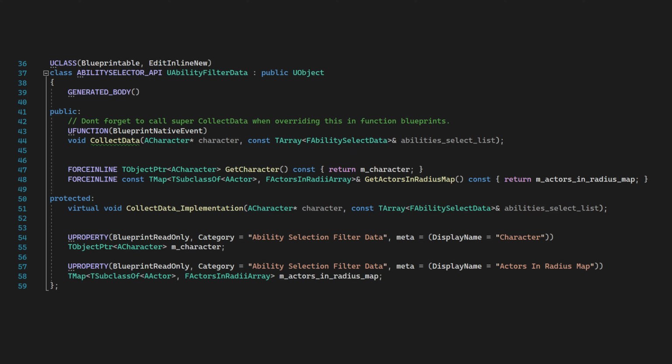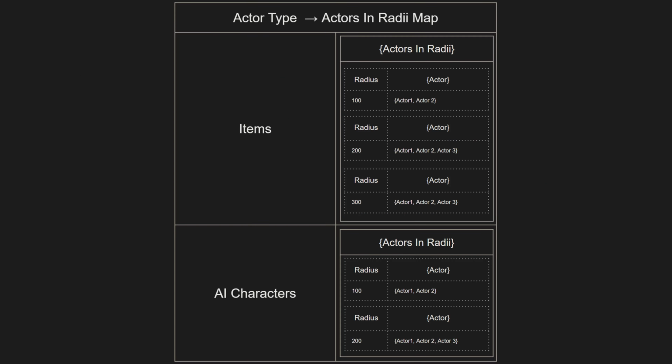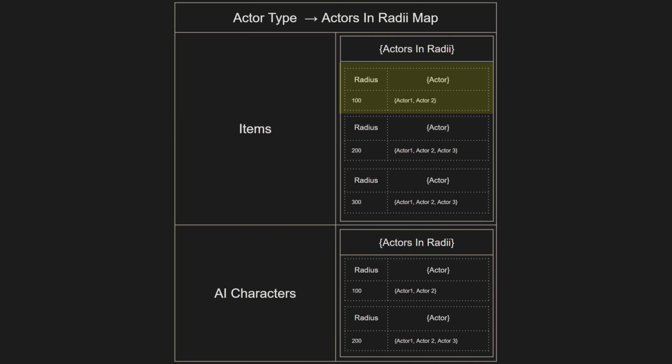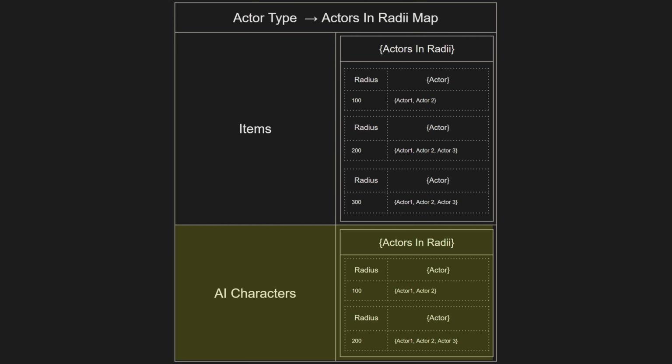And in ability filter data, I added a map of actor class to the actors in radii struct. You can see how this container will work. I can have filters like, are there any actors of type item in a radius of 100, and get a response. Or if there is a special attack that I want to do if there are two AI characters in a radius of 200 around my character, then I can just add the filter and set the class to AI character and